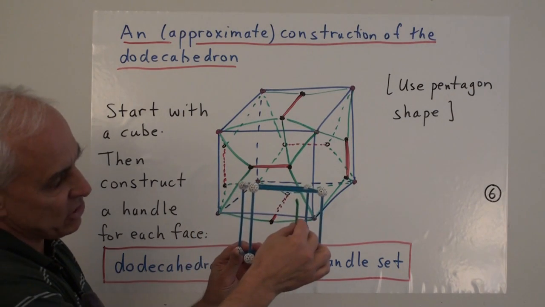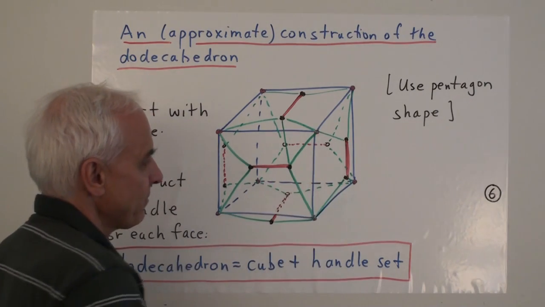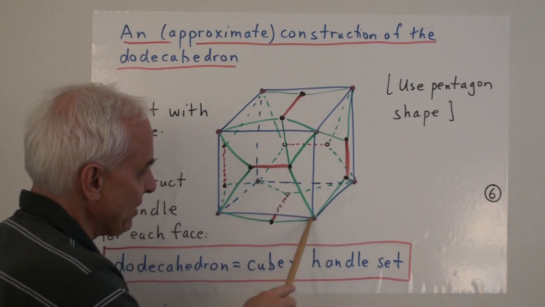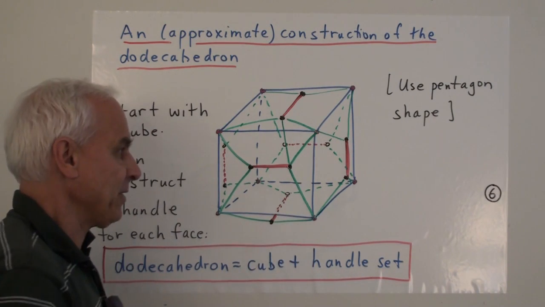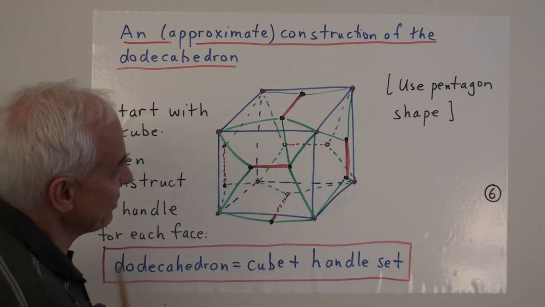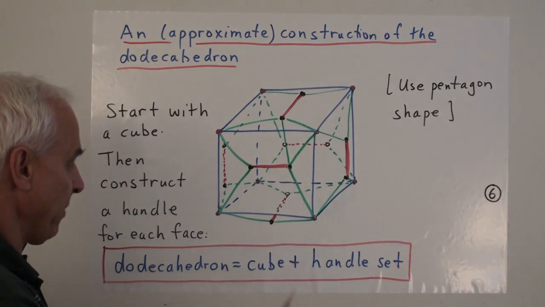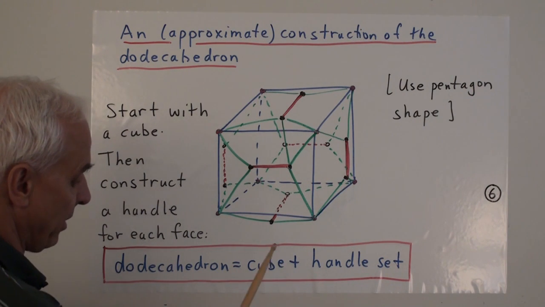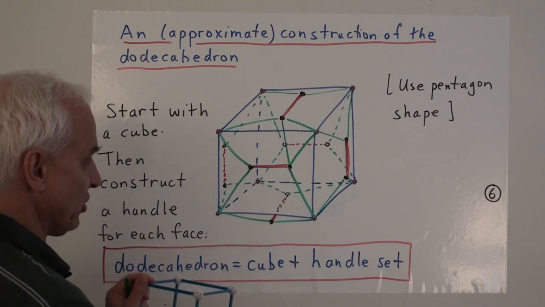And we have to position these handles in just the right way so that basically we're forming a pentagonal shape. So we end up having that this is a pentagon, a regular pentagon, with this as a diagonal. So if we start off with a diagonal, then we have to basically compute the side of a pentagon, and then we have 3 equal sides. These are going to be 3 equal sides of the regular pentagon forming part of the pentagon, and here's the rest of it. And so that's one way of thinking about it. We're attaching pentagons to these edges in such a way that they kind of match up.